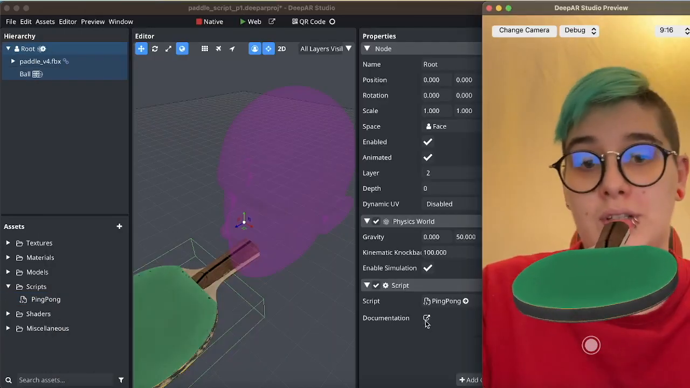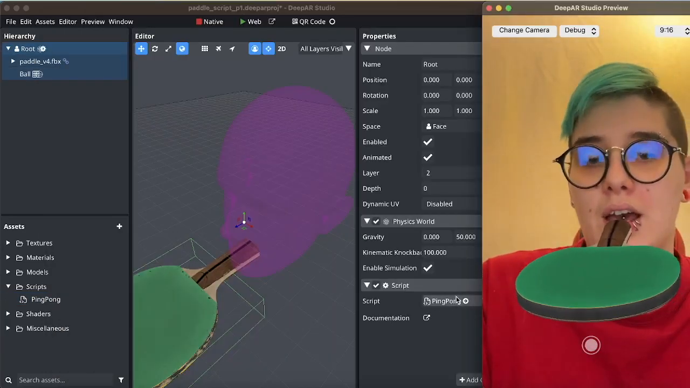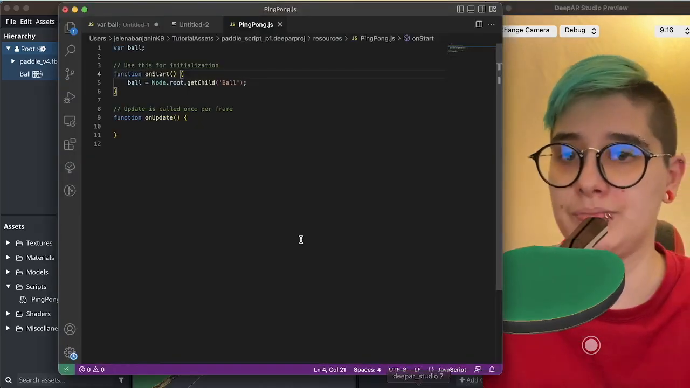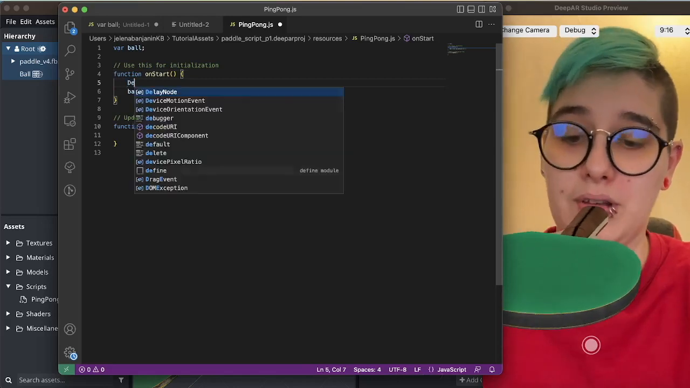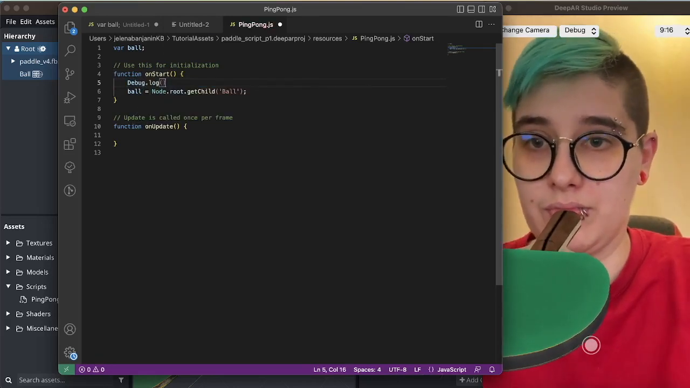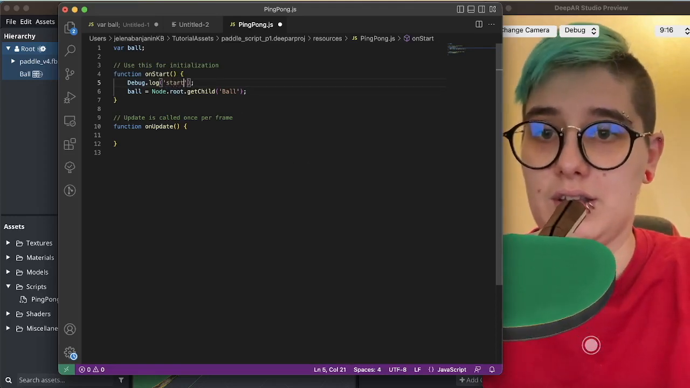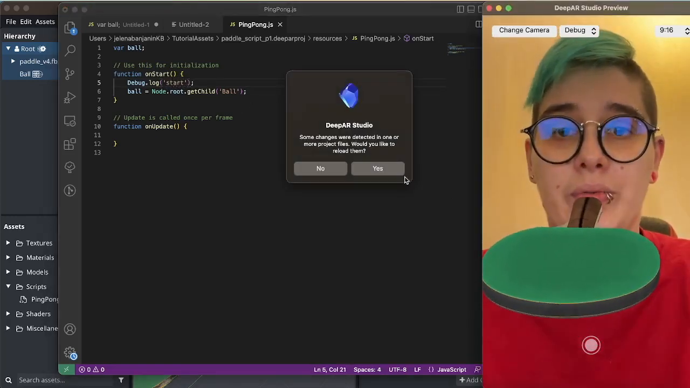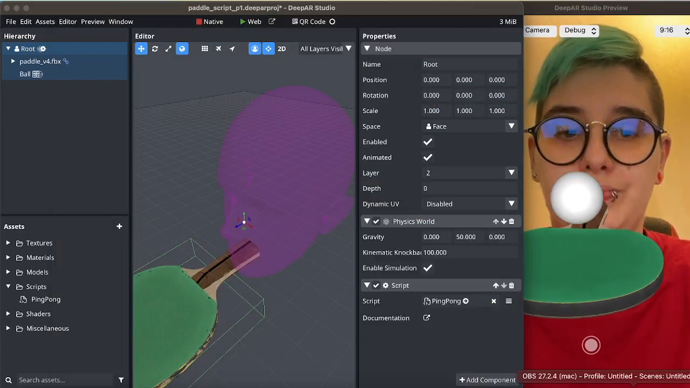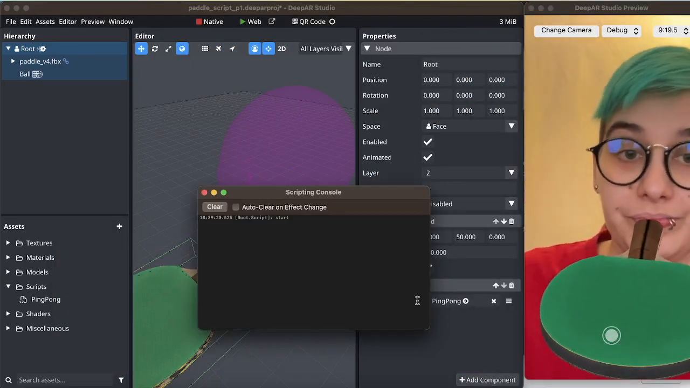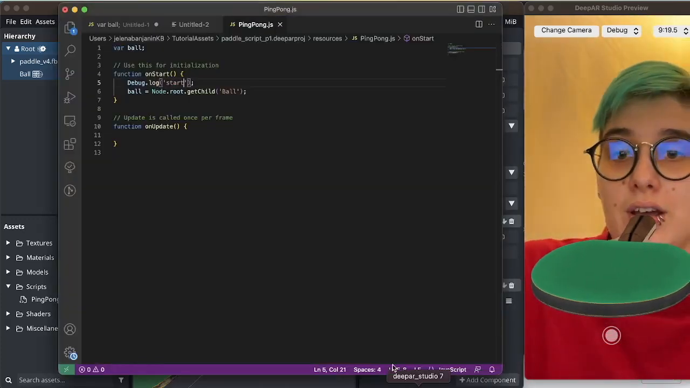So right now, the script doesn't really do anything. So let's change this. Let's give it a simple log on start, for example. And let's just log the word start. When we go back, we will get a prompt to re-import. Here we can see that this was called. Carrying on,